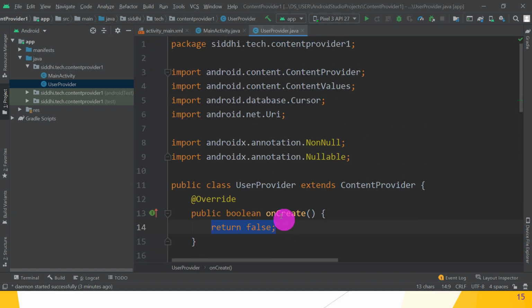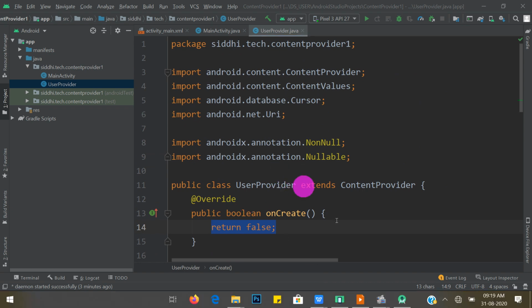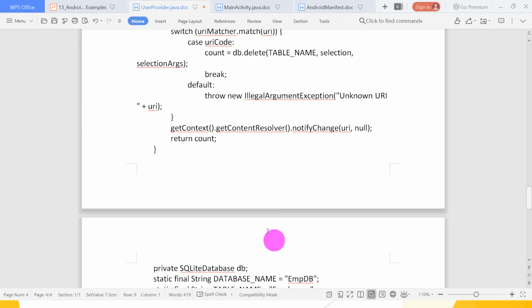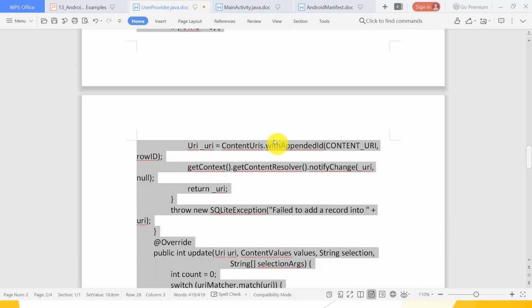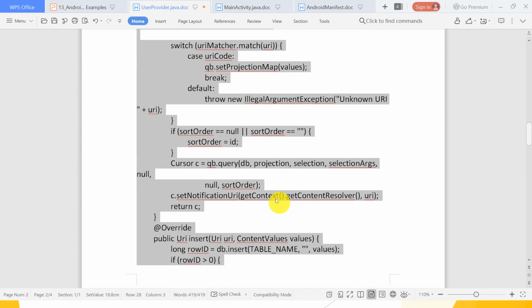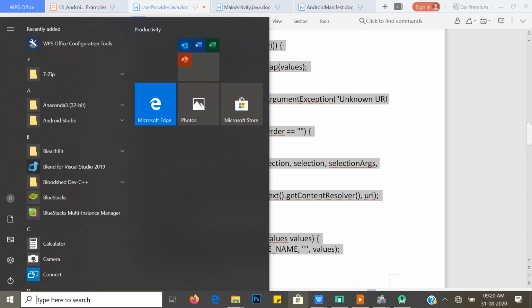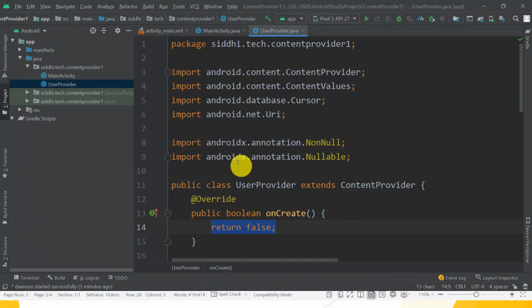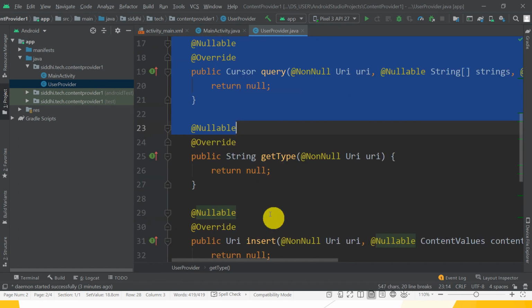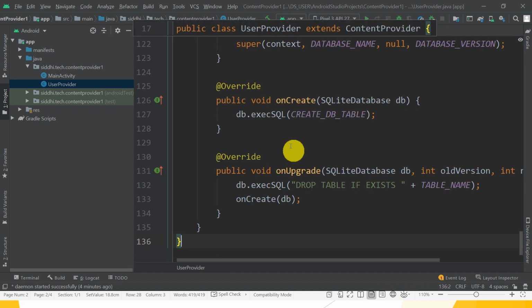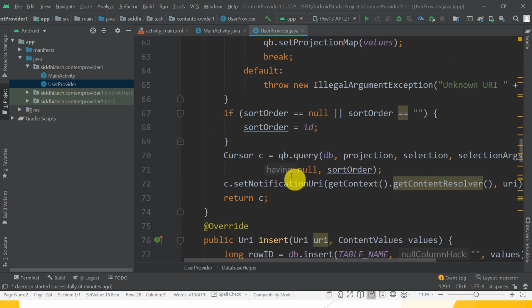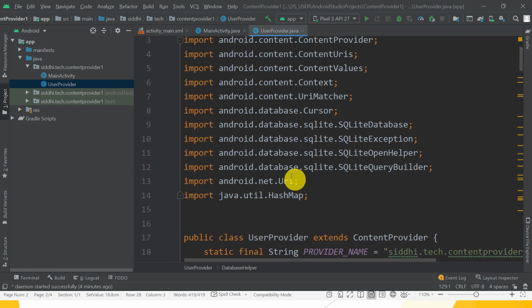So first we have to copy the whole user provider class code into our Android Studio, in the MainActivity.java.